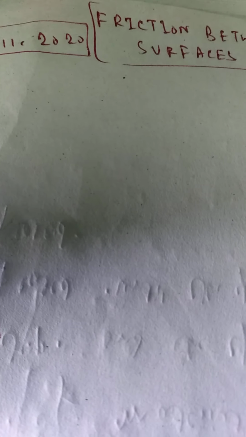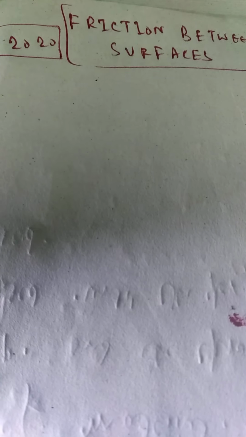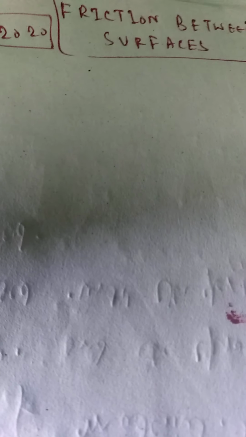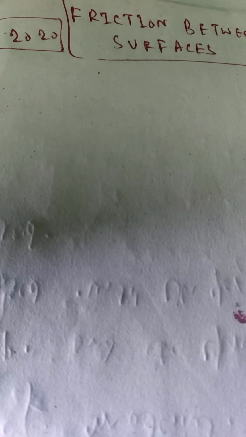So now we will start with the fifth module, which is about the friction between the various surfaces. You must have already heard this term, friction between surfaces. We have already studied it in the 11th and 12th class. First we will do a little bit of recapitulation. In this class we will briefly study what is meant by friction and the different types of friction, and we will also describe these types.